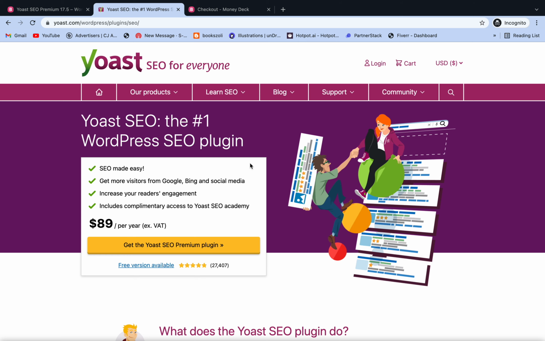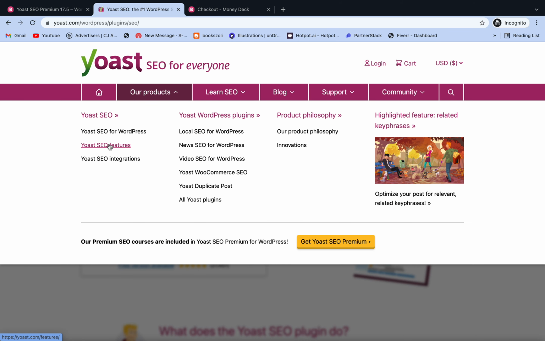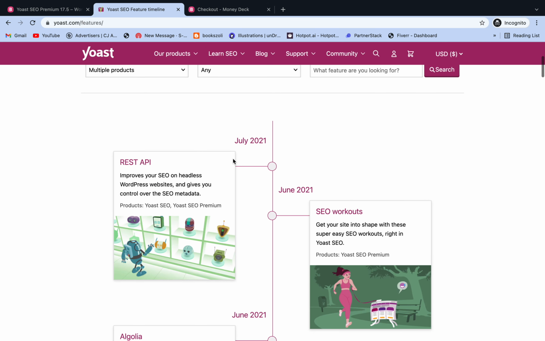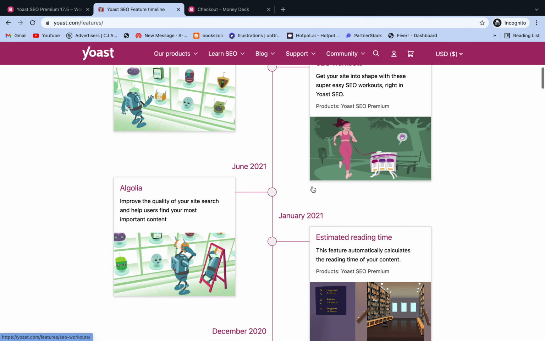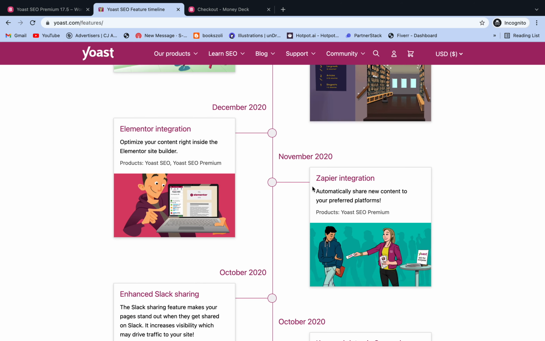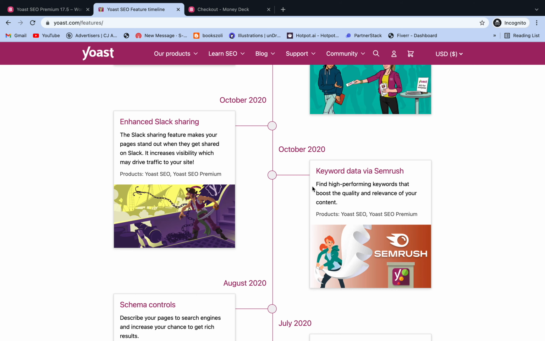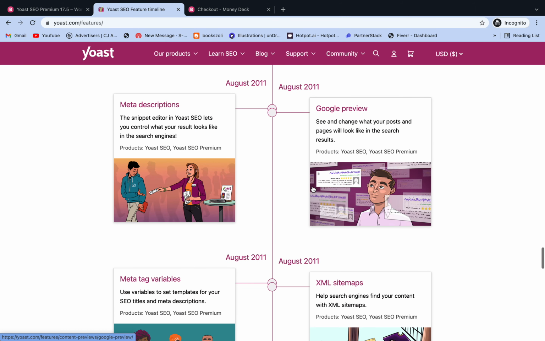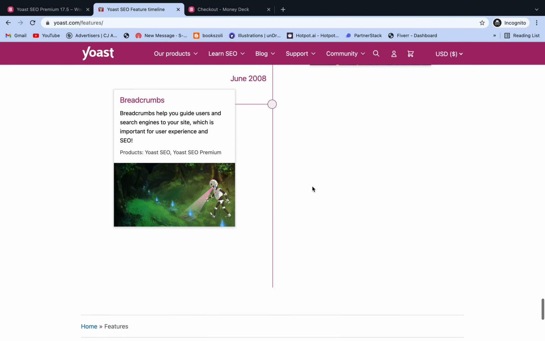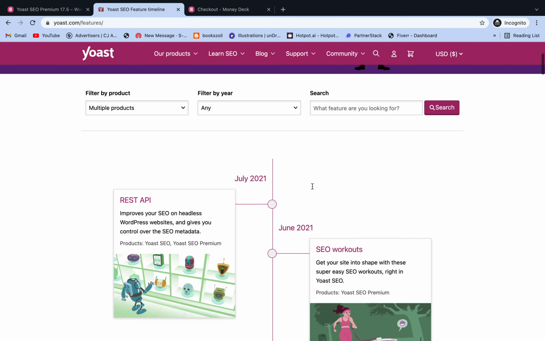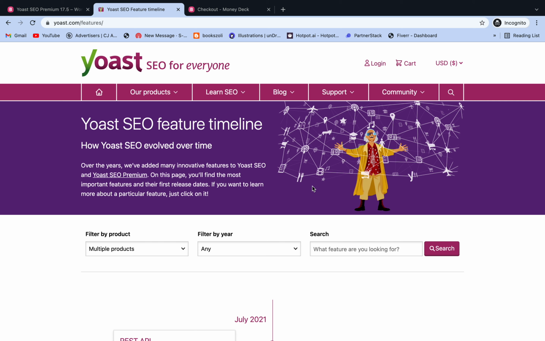Just click on the website, coming back to this website, and see the SEO features: REST API, SEO workouts, estimated reading time, Elementor integration, Zapier integration, enhanced Slack sharing, keyword data with SEMrush. I mean, these are all amazing features. I am a user of Yoast SEO Premium, so I am well aware of this plugin and its importance.